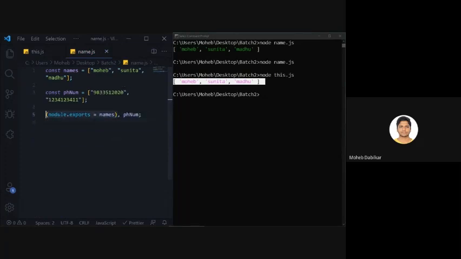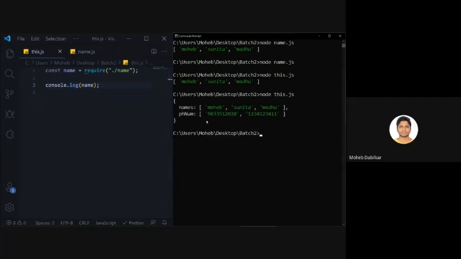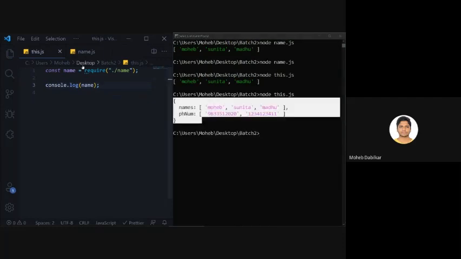And it just does this. You should understand that if your saving does not work properly, it means that you are making an error. So what you have to do is pass that as an object. Now I'm passing it as an object, and then I need to access not everything from here. So now I can just say name, and once I try to do this, it will give me the entire thing. Then I can say over here name.names.